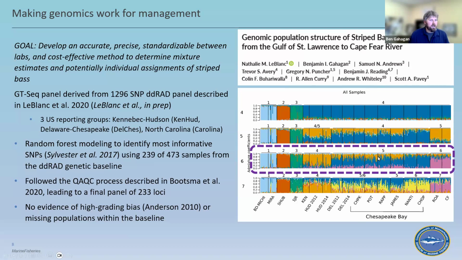So this is an output from a program called Structure. And for folks who haven't seen it before, you can see how these are grouped by colors. Basically, each tiny vertical strand of this figure represents one fish. And then the colors are the assignment of that fish over thousands of runs of simulations. When you see a very cohesive color, it means that most of these fish were getting assigned back to that population almost every run. When you get into the US stocks and you start seeing this mixed band, it means that there was a lot more variability in where a single fish was assigned over the course of thousands of simulations.